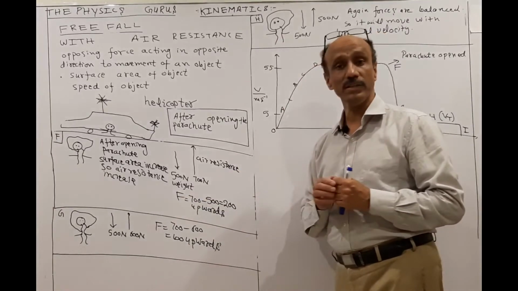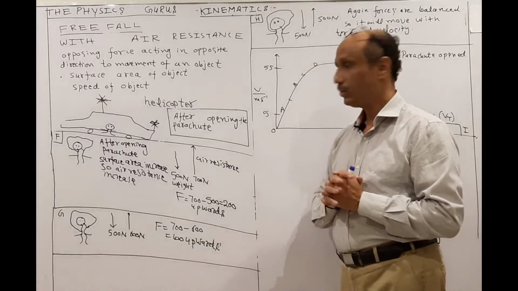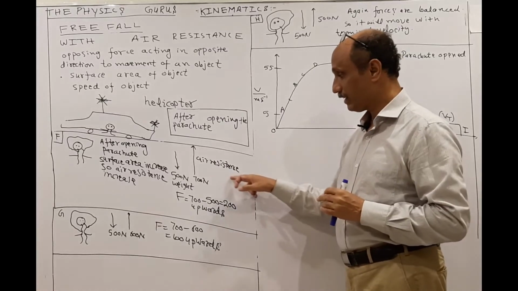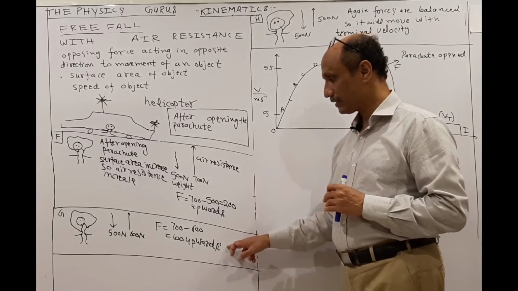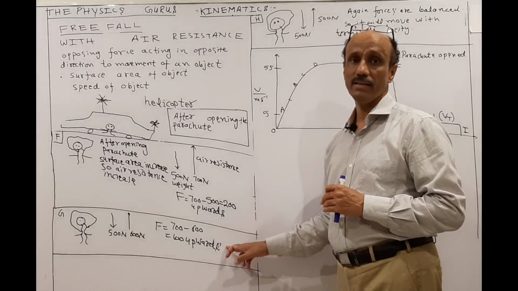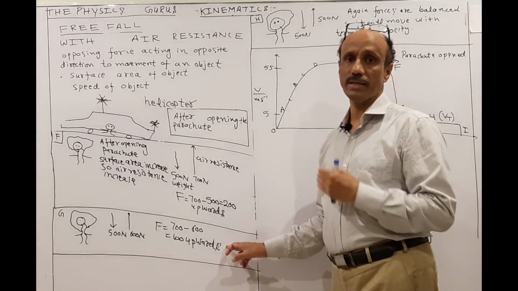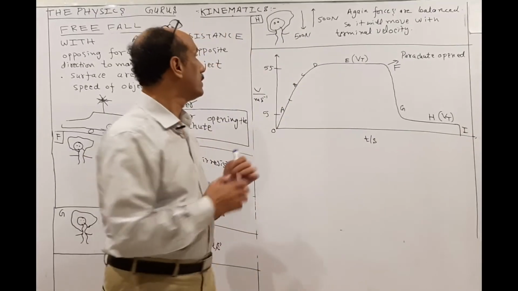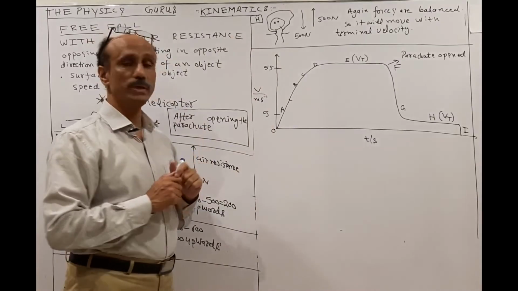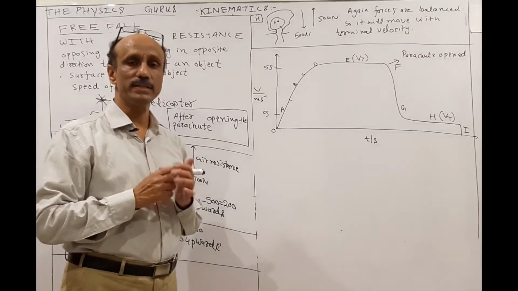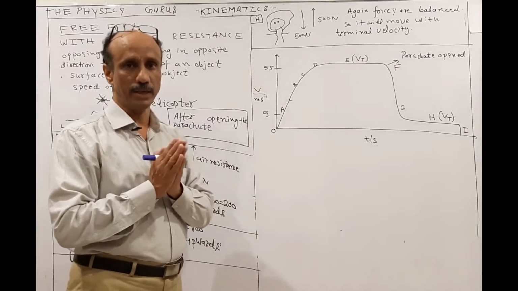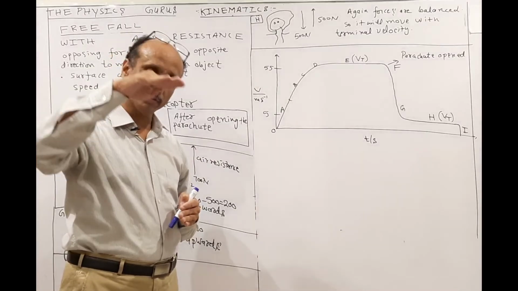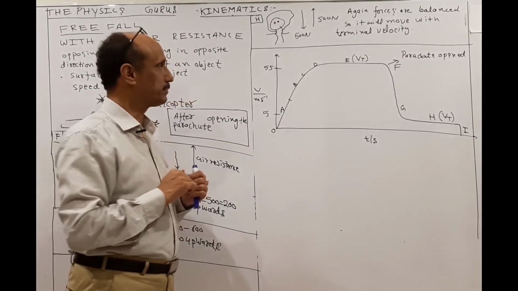Then the impact of the air resistance will start decreasing. First it was 700 Newton, then it will become 600 Newton. The resultant force was 200 Newton, now the resultant force is 100 Newton. Again, the resultant force will keep decreasing and move towards balanced forces. In diagram H, you can observe that the weight and air resistance balance each other again. Again, the paratrooper will move with constant velocity, that is the terminal velocity.